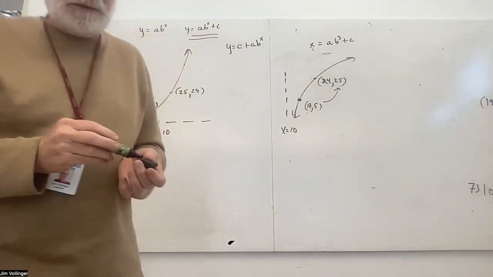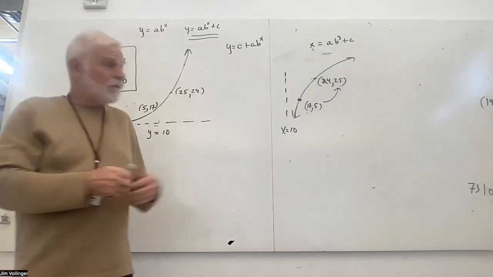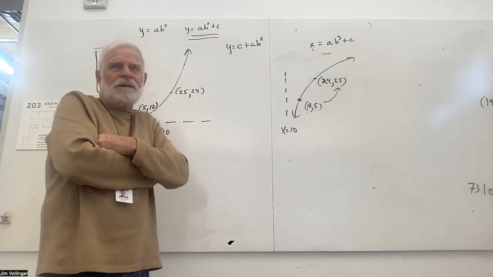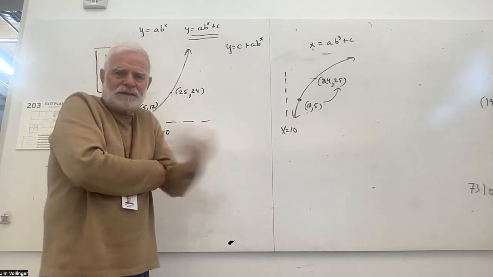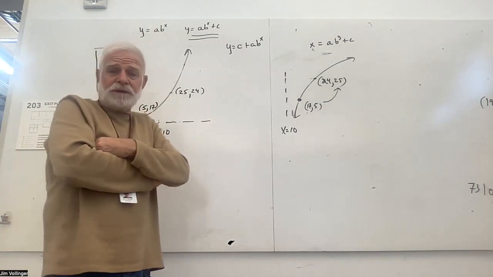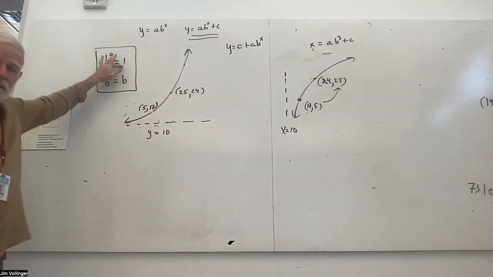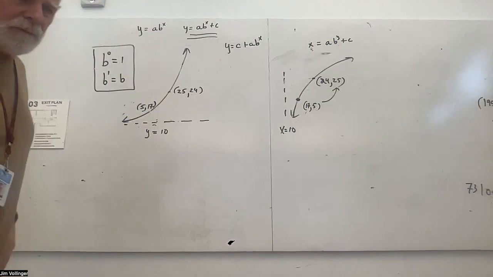There aren't too many functions that, if we have the right data in front of us, we cannot write in more than 10 seconds. You've just got to look at the tricks of the trade. This is based on understanding b to the 0 is 1. This is for, I guess,